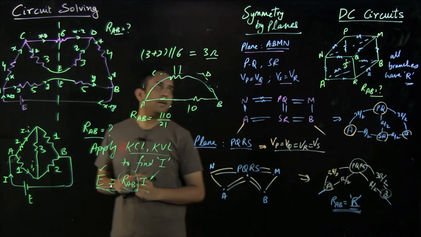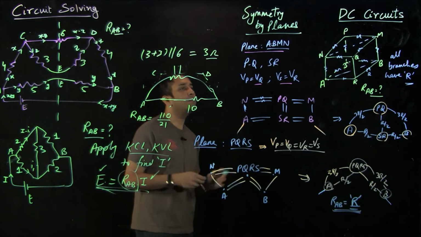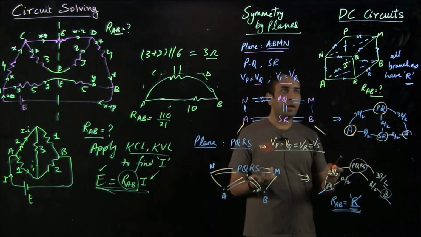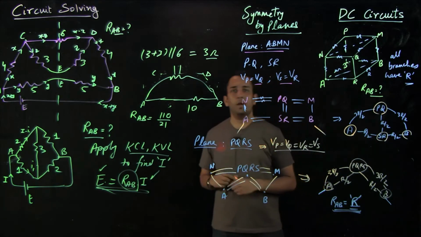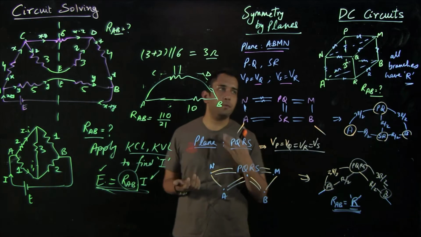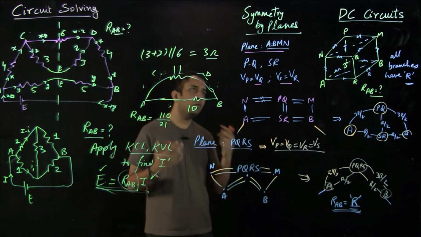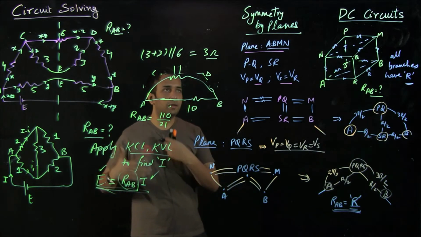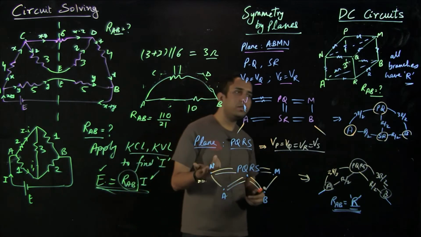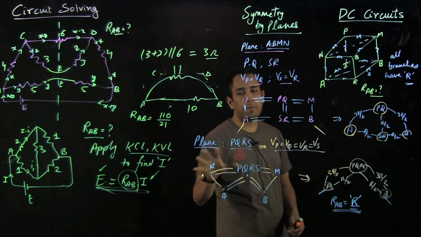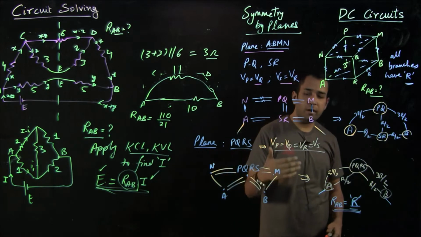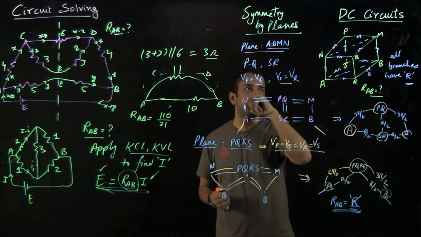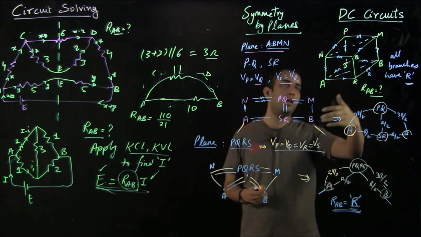So as you can see, in symmetry by planes as well, we can find two symmetries: one by a plane which is passing through AB, and the other by a plane which is passing perpendicular to AB. The rules related to each other are quite similar to the rules we had in the axis symmetry. And we have shown that in this case as well, the symmetry by the perpendicular plane is better, because it gives us one more relation than what we generally get in the symmetry by the plane which is